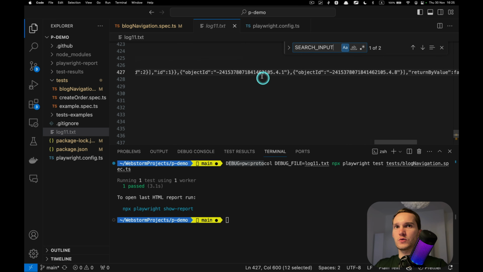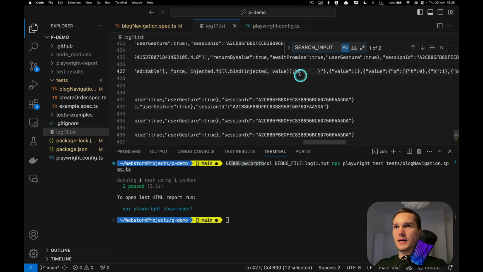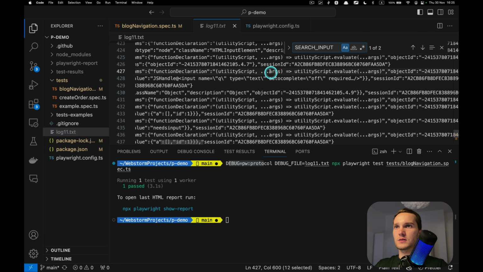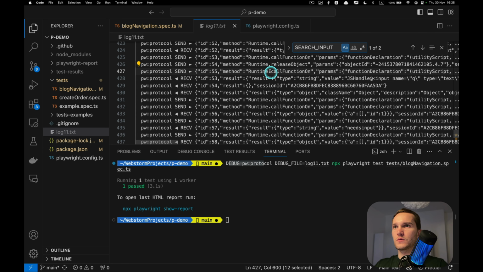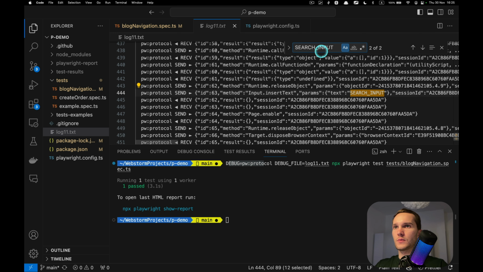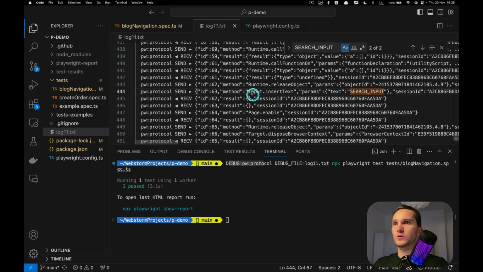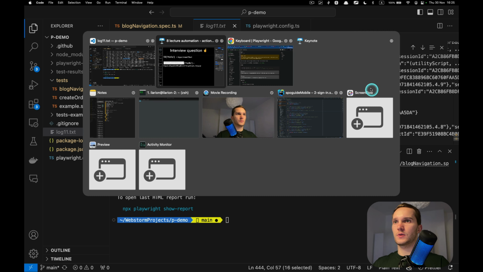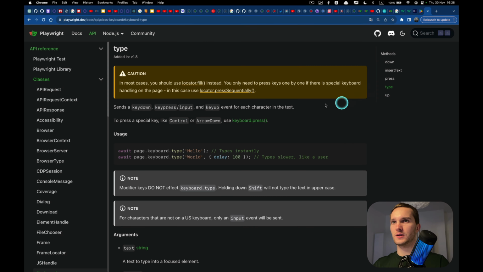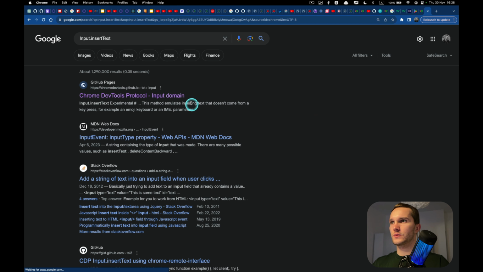Okay, so here's the text that Playwright uses. Let's move to the left. Runtime call function. Okay, this one here: insert text. So Playwright sends this method with this parameter using Chrome DevTools protocol to Chrome.